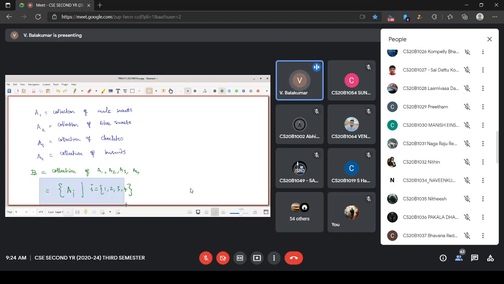Or if you don't want to write like this, you will be listing all of them. This is having A1, A2, A3, A4. All of them together formulate this capital B set.